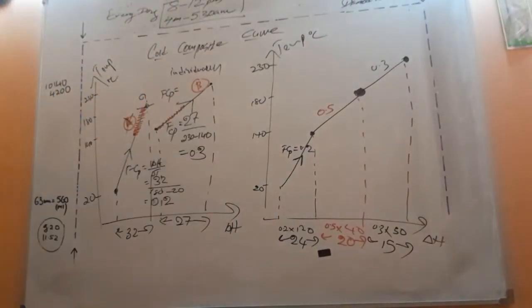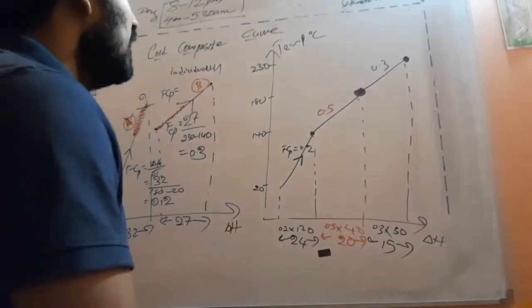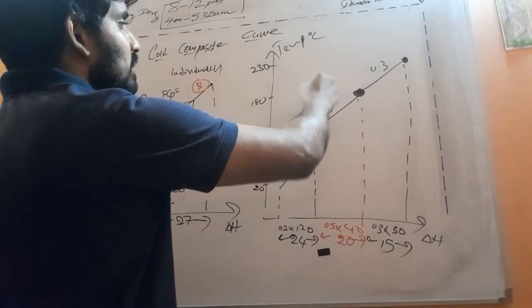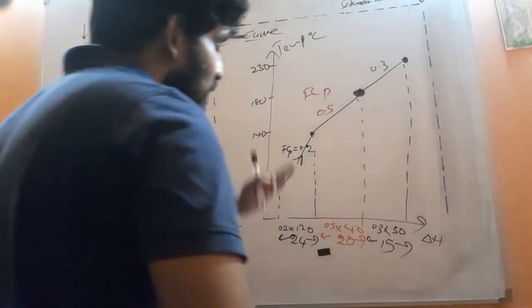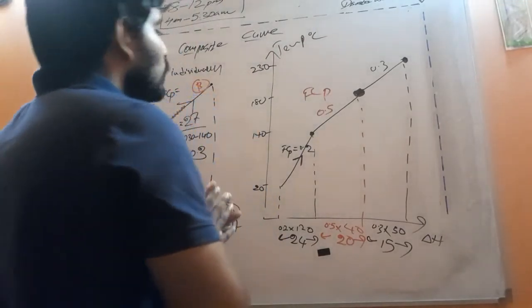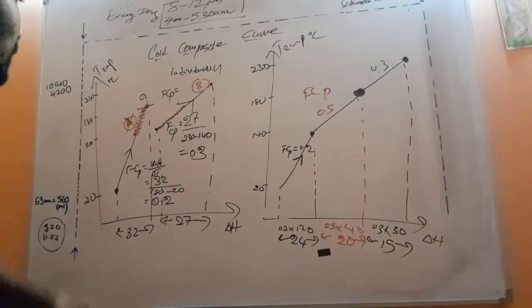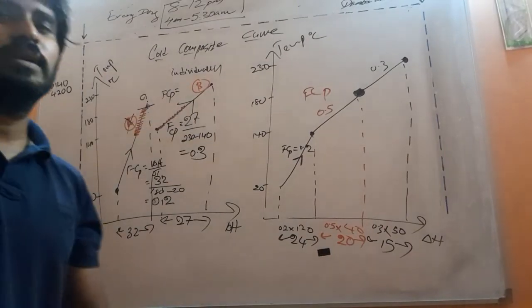Okay, before the pinch diagram, now you can see how we have sketched the cold composite curve. It's a very complex process. Anyhow, I hope you got the idea. So we have to be very careful about the sign and how to find the FCP consideration, and also how to select the suitable curve in order to define the temperature ranges, right? Because if you want to define a temperature range, that ability to define the temperature range is limited by the behavior of the curve or the line, right? Okay, so that part is done.